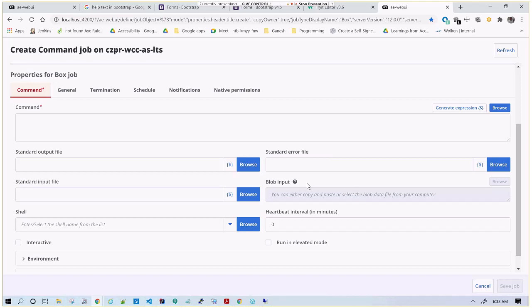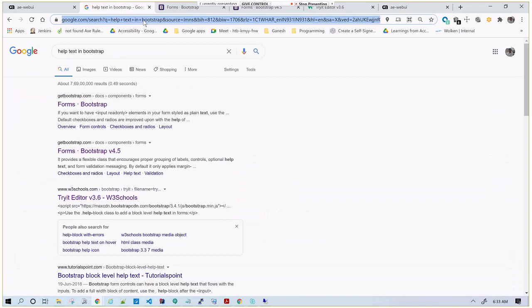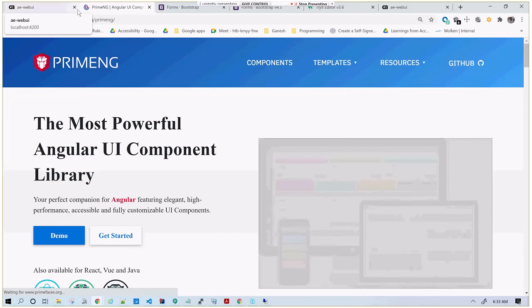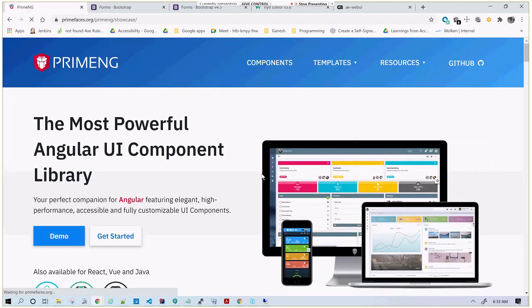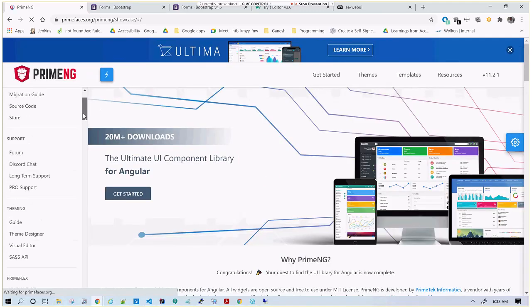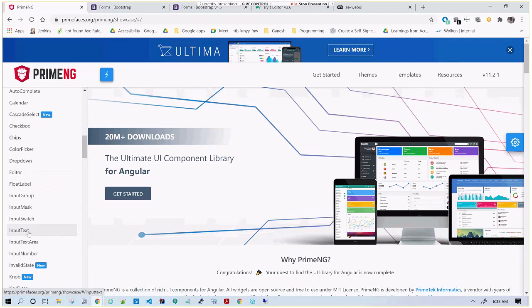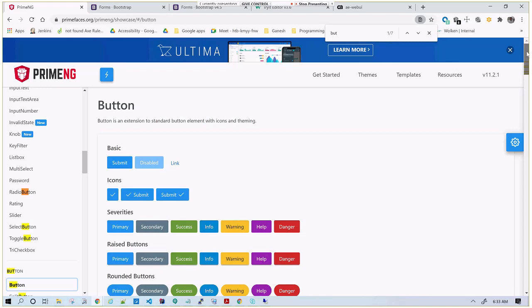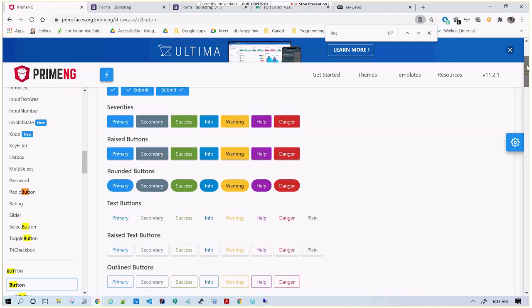Actually, we are using PrimeNG. I have shown you that third-party library which we are using. PrimeNG has all the controls, everything. Instead of Bootstrap, we are using PrimeNG. It is similar to Bootstrap, but it includes Angular plus Bootstrap. Look at that, all the web and mobile, everything. You take a button, they have provided all the functionalities. These buttons we can use, even for the sliders.